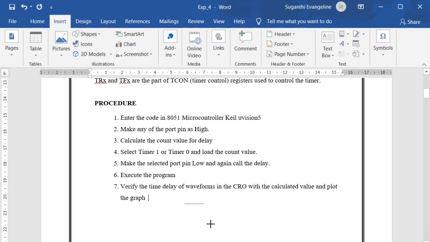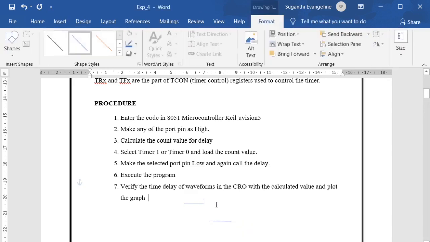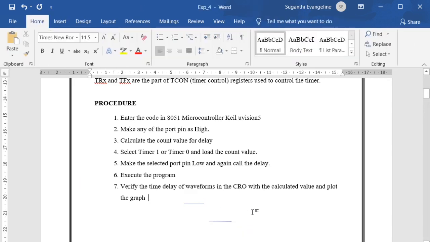There will be a high pulse, and then similarly a low pulse.